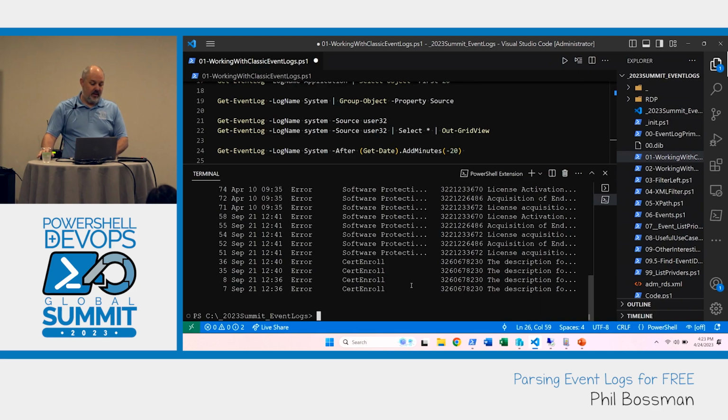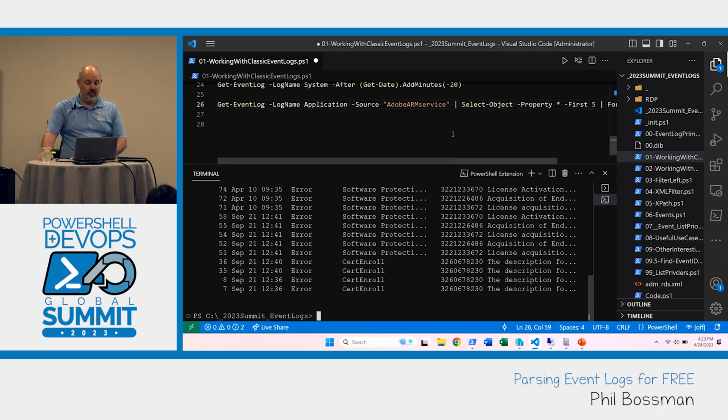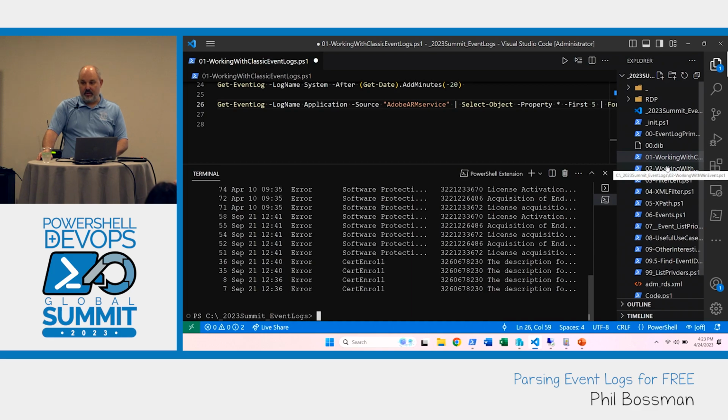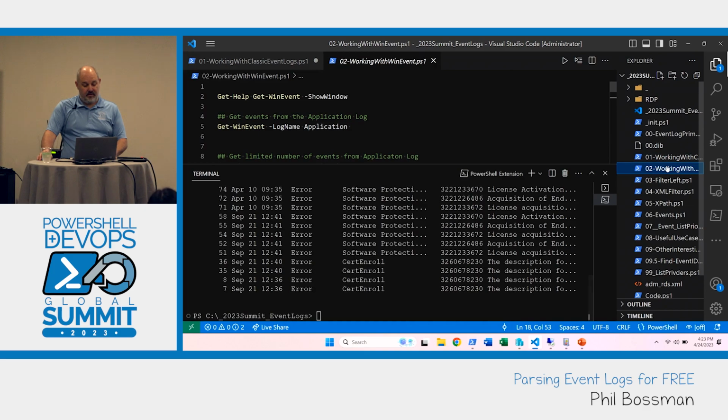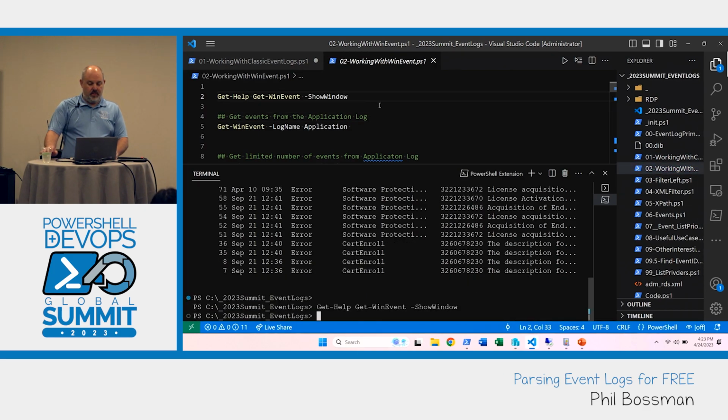You don't have that with Get-WinEvent when you're working from the console. It doesn't support those things because it's pretty much dynamic. So we may even get to something later on where we can tab complete some of that too, but that's something you have to inject into the process yourself. All right, so now we go back to